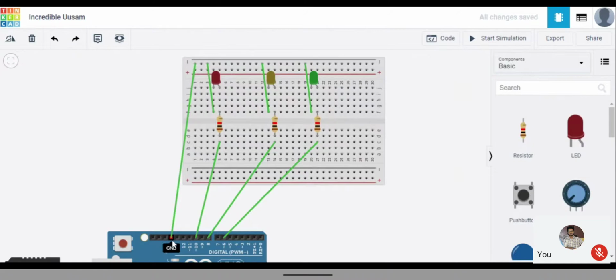I connect one ground pin for all, no problem. So I give one ground pin to a negative terminal, and from it I take 3 terminals separately, since I need them. So I have taken 3 terminals for the 3 LEDs, that is negative, and positive I have given differently. One has been given to 10, another to 8 and another to 6.